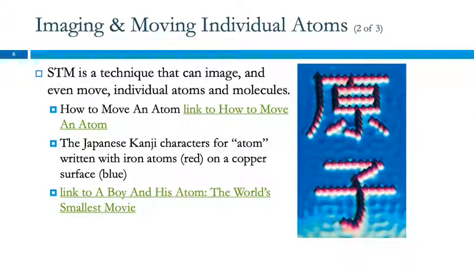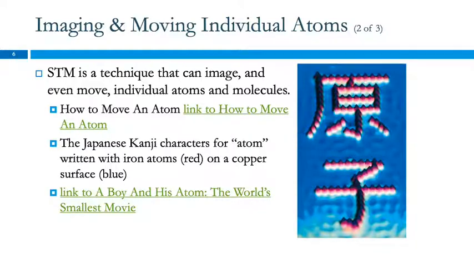With this technique, we can get the closest we have to pictures of individual atoms. So this photograph here, well, actually it's not a photograph, it's a digital image produced by STM. Here we have some red things on a blue surface. The red things are iron atoms, individual iron atoms on a copper surface.